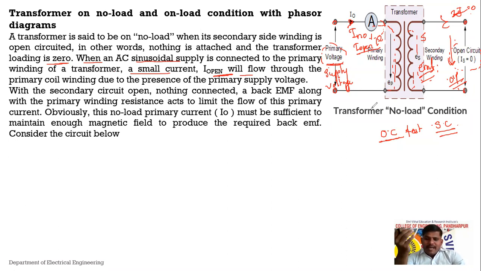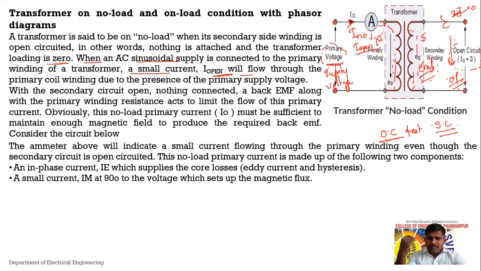Okay. हा जो काय primary कडून घेतलेला current असेल, this current is just sufficient to maintain the EMF induced in the primary and secondary. Primary मध्ये induce होणारा EMF, and when it is linked to the secondary, secondary मध्ये induce होणारा EMF. So to maintain this magnetic field, it will take a small amount of current. Okay. See, to measure that value of current,